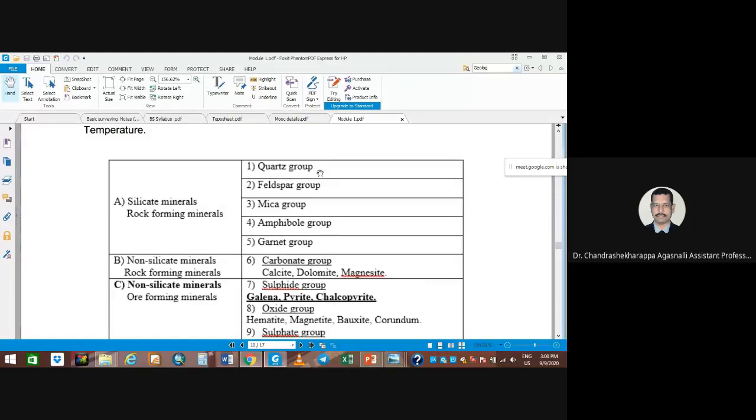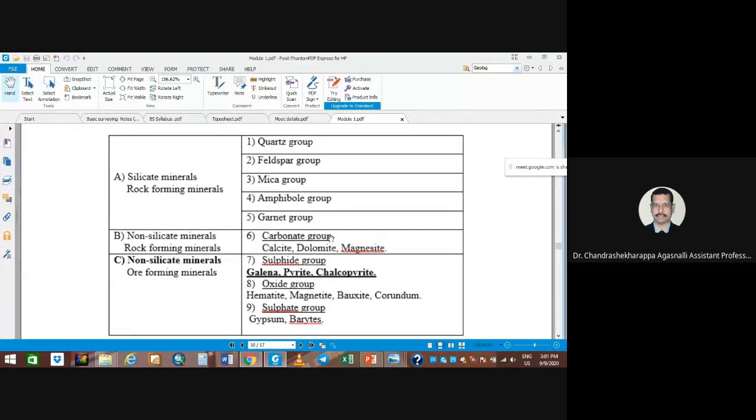The quartz group of minerals we use for what we discussed just now, and the feldspar group we use for the manufacturing of ceramic products. The mica group we generally use for electrical industries. The amphibole group is a semi-precious stone, and garnet is also a semi-precious stone. The carbonate group of minerals, calcite, dolomite, and magnesite, these three we generally use for the manufacturing of